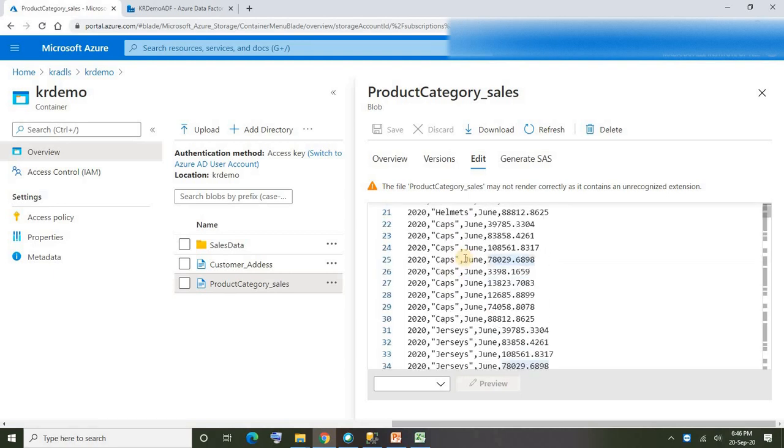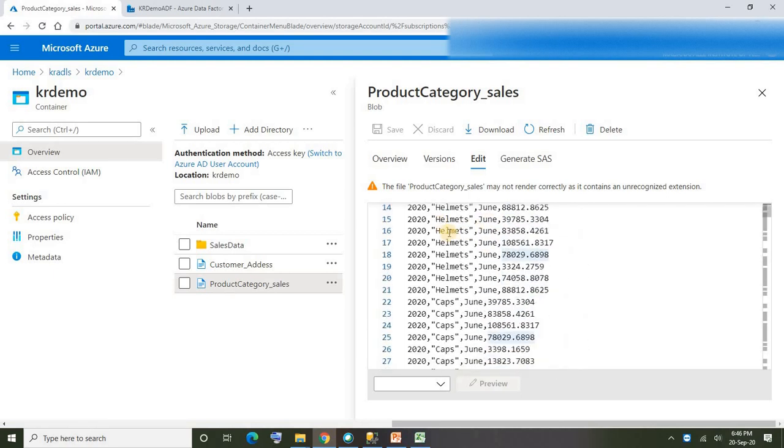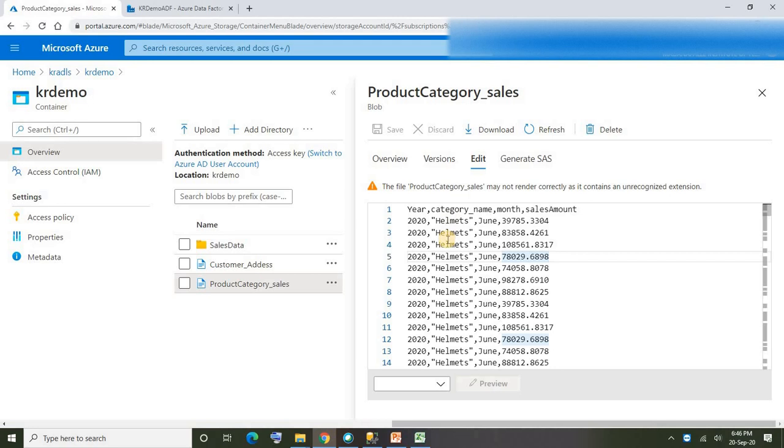Alright. So in the same way for other categories also. For all these unique category names, there will be columns created. Under those columns, there should be sales amount mapped respectively. That's what my requirement is. I think it's clear for you guys.